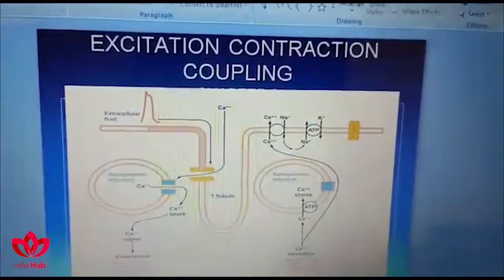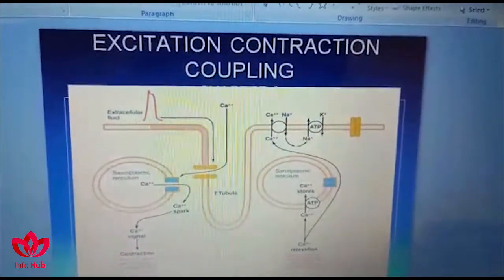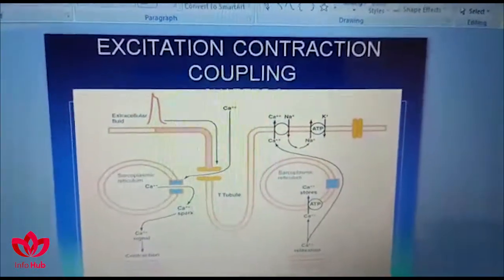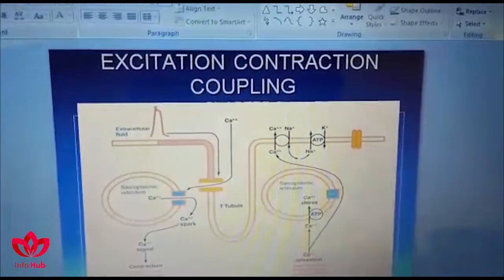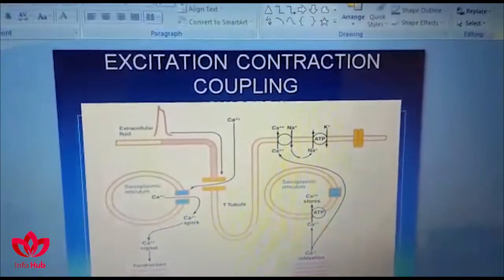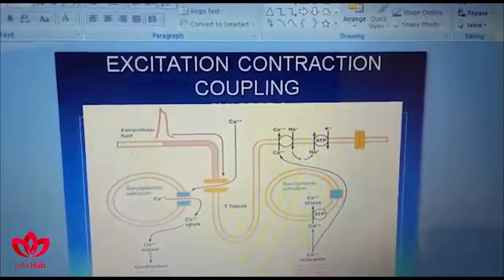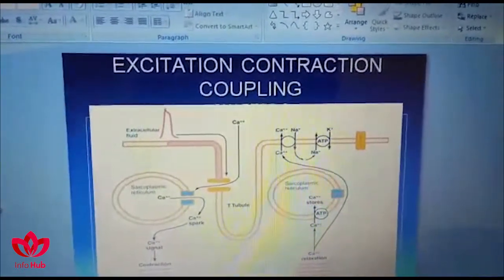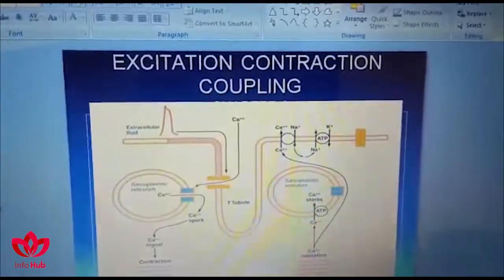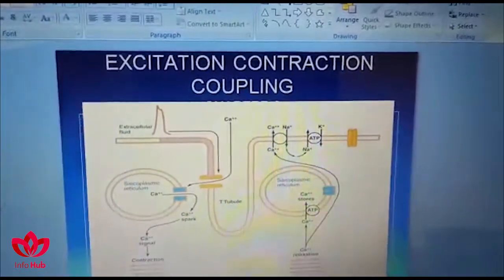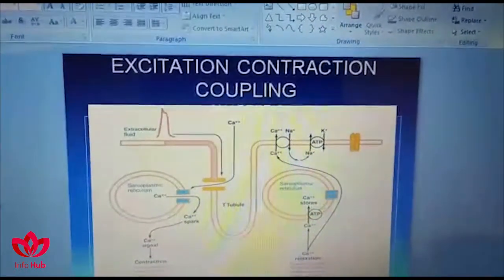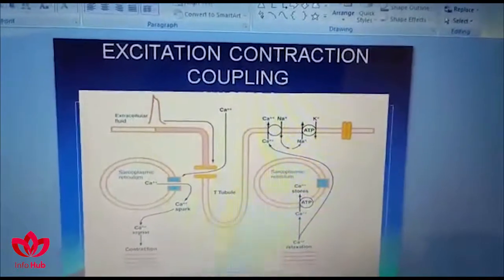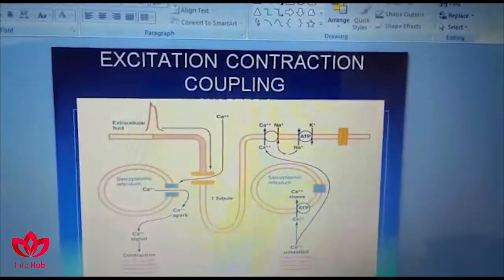So this is the process of excitation contraction coupling, in which this excitation spreads from the T tubules towards the inside of the fiber, and then it couples the electrical events of excitation with the mechanical events of contraction. Here you can see the entry of calcium ions from the extracellular fluid deep down into the T tubules. Then this calcium spreads intracellularly and acts on a special type of receptors, here you can see in blue, which are located in the walls of the sarcoplasmic reticulum.